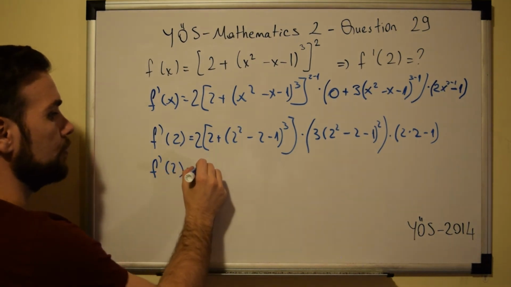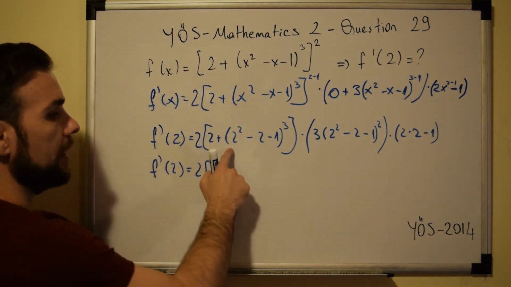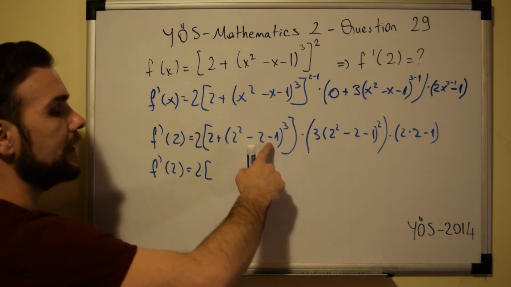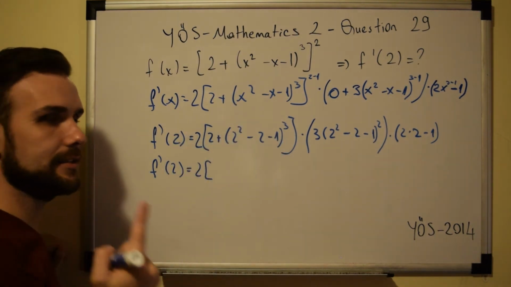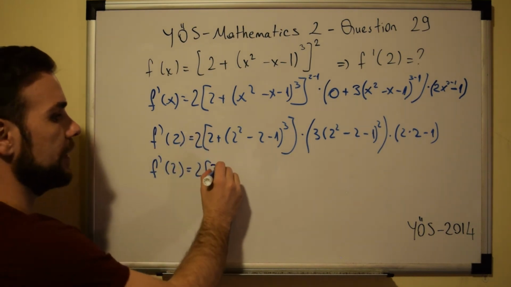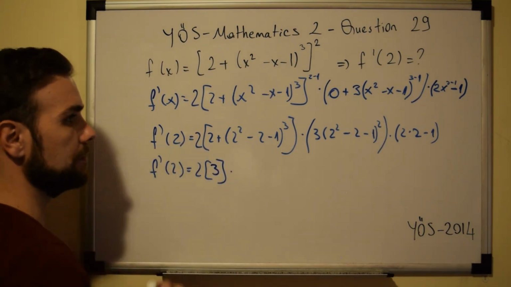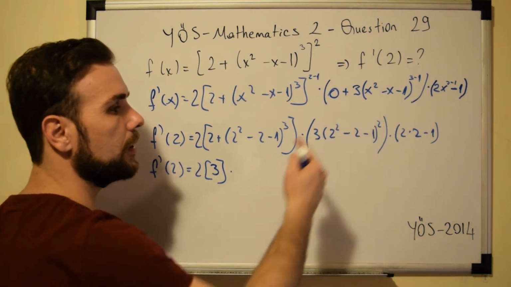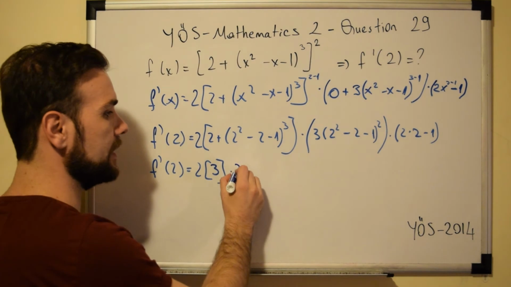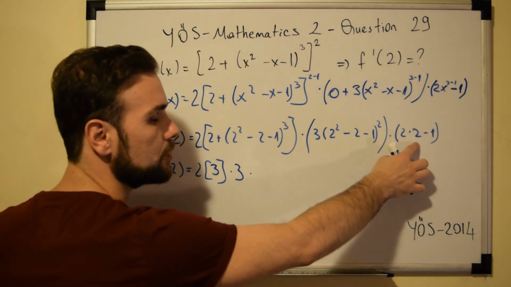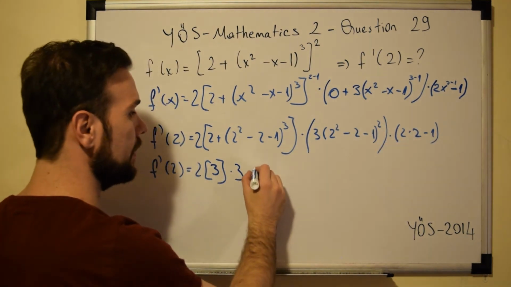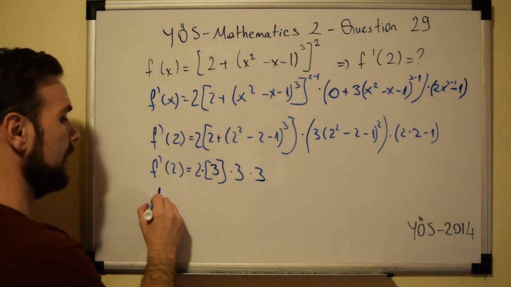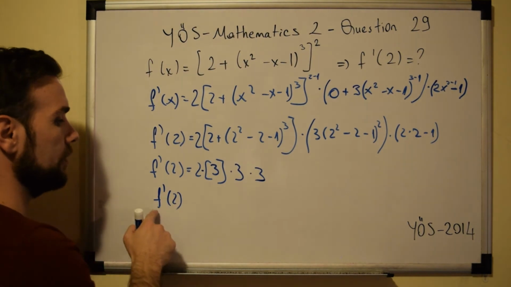We have 2 times, 2 to the power of 2 is 4, minus 2 is 2, minus 1 is 1, 1 to the power of 3 is 1, plus 2 is 3. So we have 3 times, 4 minus 2 is 2, minus 1 is 1, 1 to the power of 2 is 1, 1 times 3 is 3, and here 2 times 2 is 4 minus 1 is 3. So we have 2 times 3 times 3 times 3, and the value of the derivative of f(2) is